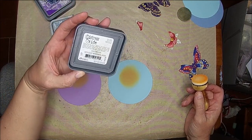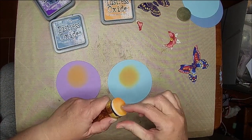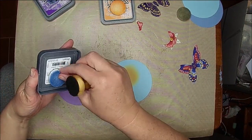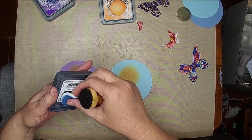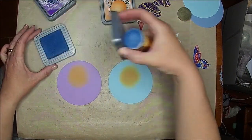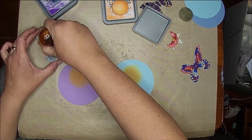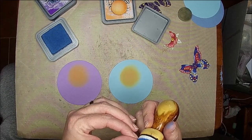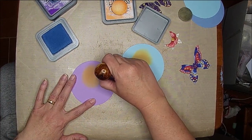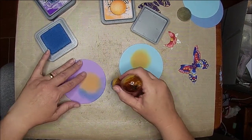Anyways, there's two different kinds, pigment and something else, ink on it that Tim Holtz formulated. Back when he first made the oxides, I watched a lot of videos on them and stuff. But I haven't watched them in a while, just because I haven't been doing the card videos, but you know, I got these for making cards. So I think I'm just going to kind of go around it,